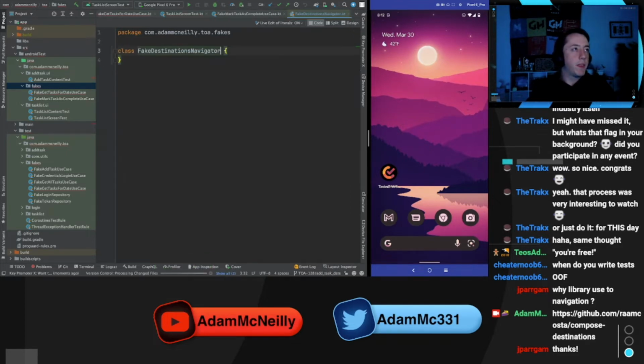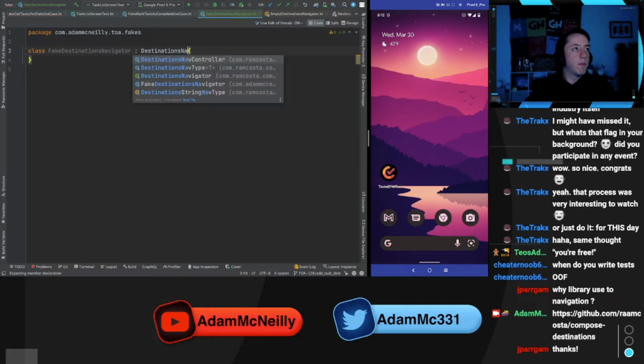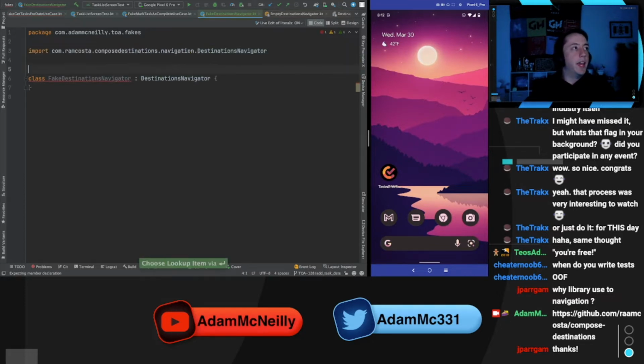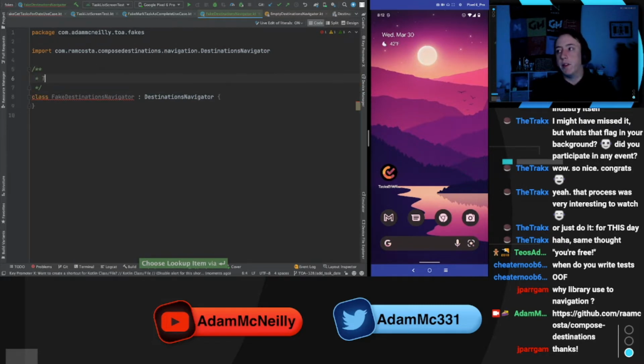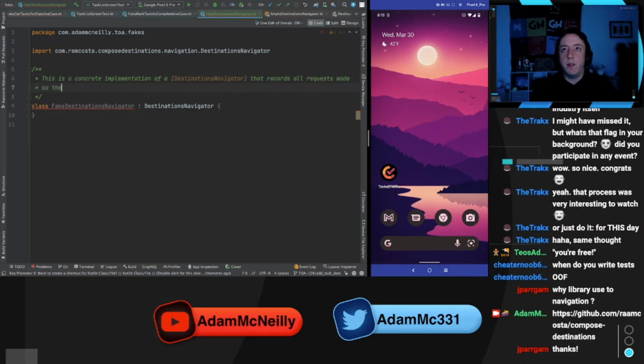We're going to make a fake Destinations Navigator. Yes. And let's put some notes on here for anyone else. This is a concrete implementation of a Destinations Navigator that records all requests made so that we can assert